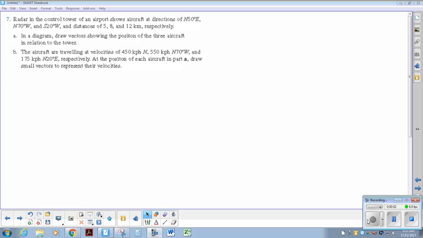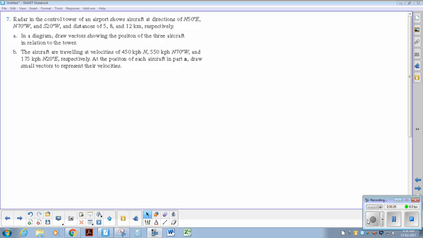All right, this is question number 7 from lesson 1B. This one is mainly just working with pictorially drawing your vectors. So we have radar in the control tower of an airport shows aircraft at the following directions, and they give us 3. They want in a diagram to draw the vectors showing the position of the 3 aircraft in relation